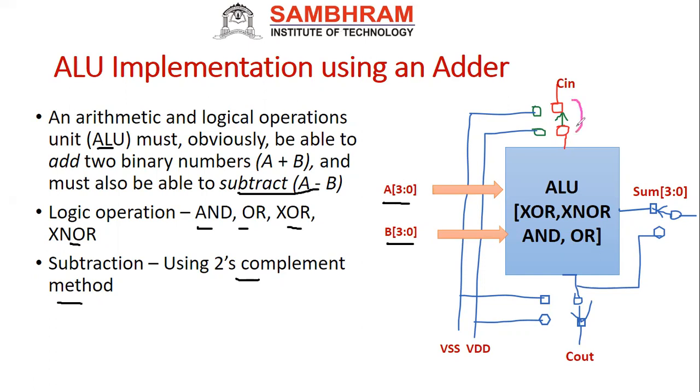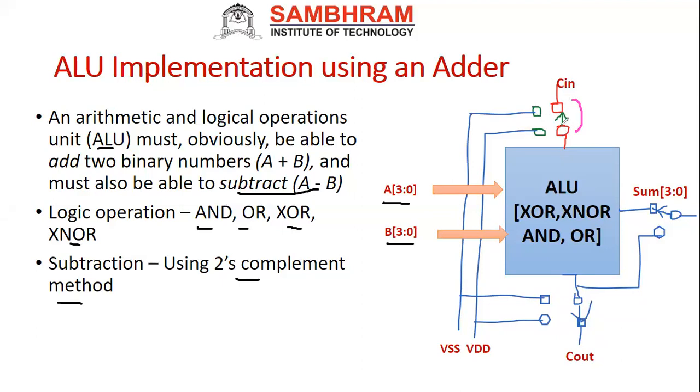See, this one is nothing but a switch actually. This switch is a controller here. For example, one is connected to VSS, meaning 0. The other one is connected to VDD, that is nothing but 1. So now this switch will toggle. Now it's not connected anywhere else. It's like an open switch only.